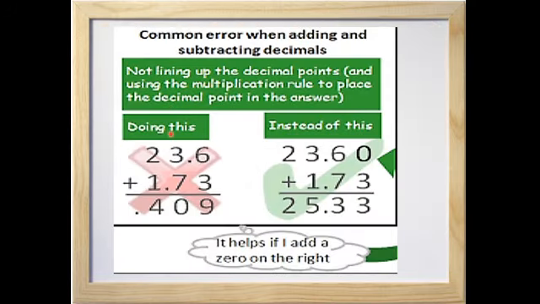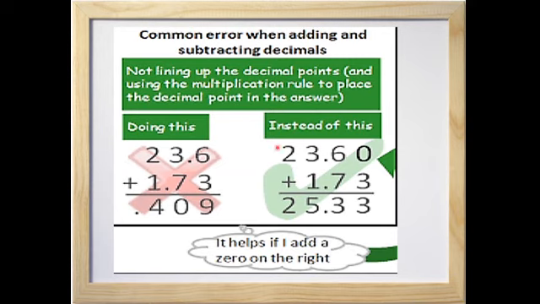Children, the common mistakes we do here. See, when we want to add 23.6 and 1.73. Here, children, these two decimal numbers are unlike decimals. So the first mistake is they are not converted to like decimals. And another important thing, children, here the decimal points are not below each other. It should be in a straight line. So this is a wrong way of adding the numbers.